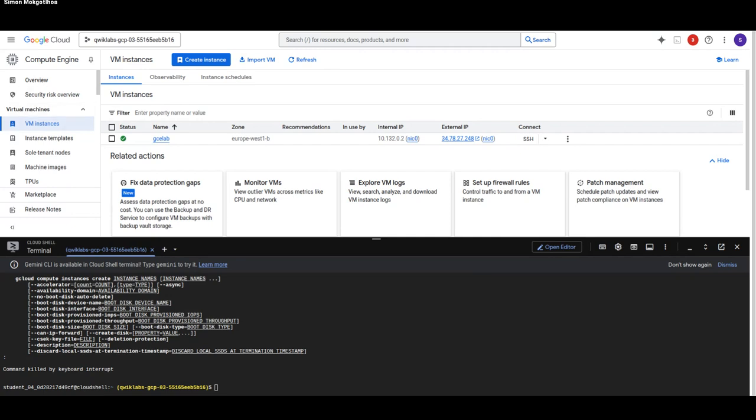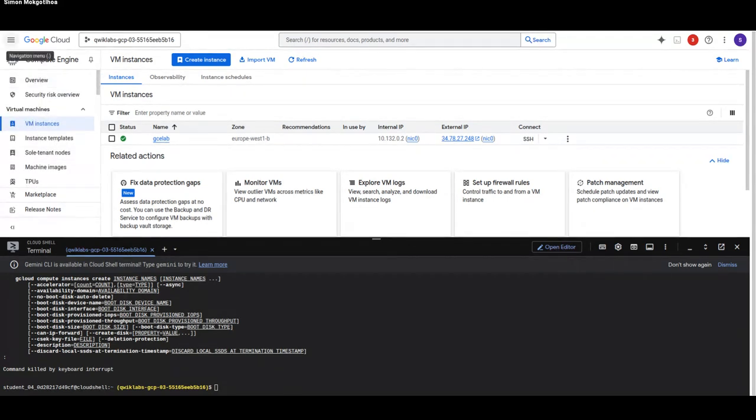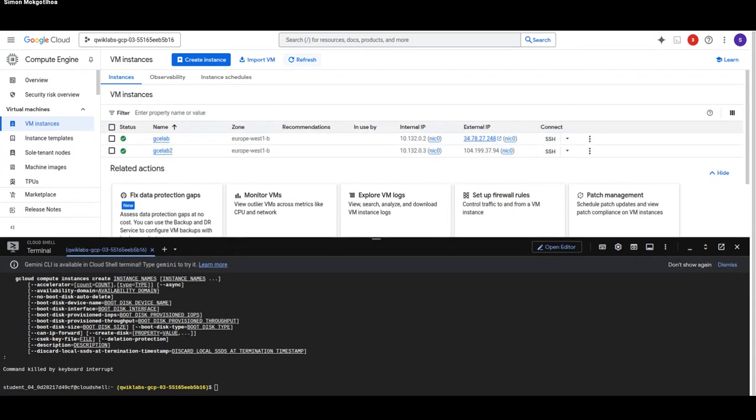Okay, cool. Let's go back to Compute Engine. Where is it? Oh, we are already in Compute Engine. My mistake. So VM instances, come back here. Let's quickly refresh our VM instance. After refreshing, you can see the first instance we created, and our second instance now you can see it also here.